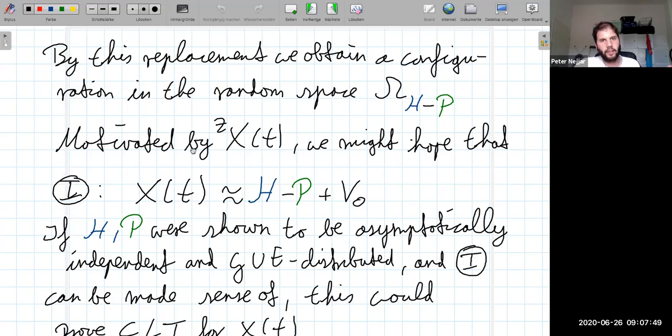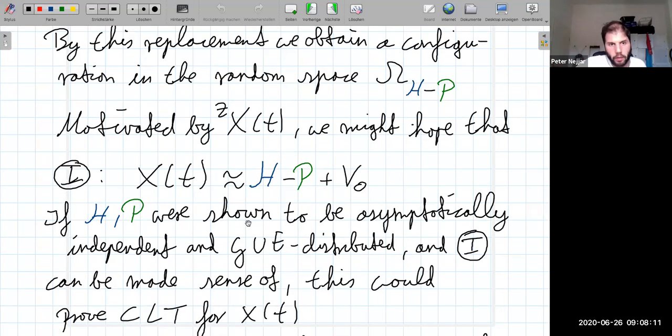So motivated by the result for this very simple shock, what we might hope to be true is that X(t) equals H minus P plus this random variable V0. At this stage that is just a hope. But if we can somehow say in a precise way that X(t) really is approximately H minus P plus V0,